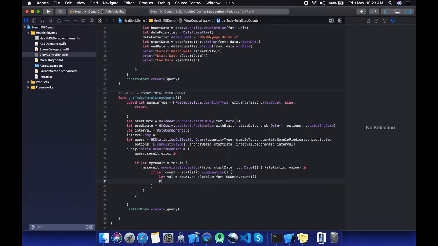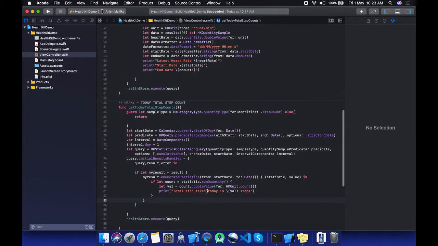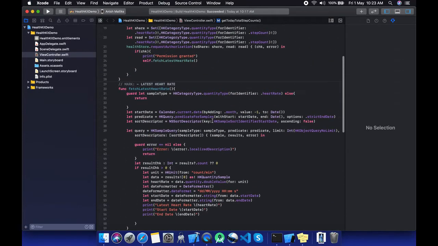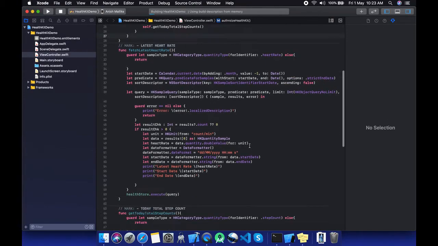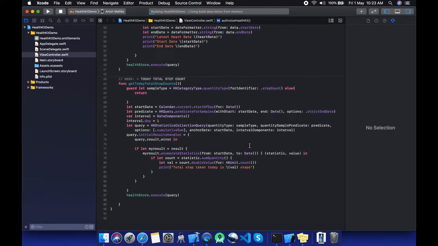Okay, let's print and check what it is returning. Okay, let's call this function. Now run. Let's see what is coming.